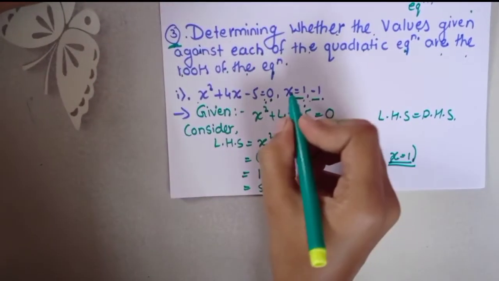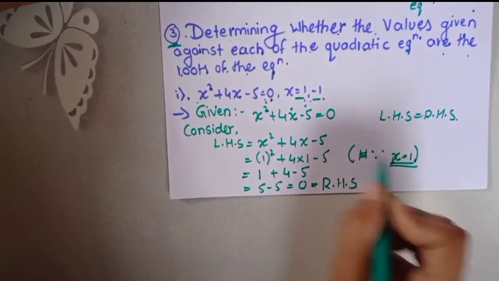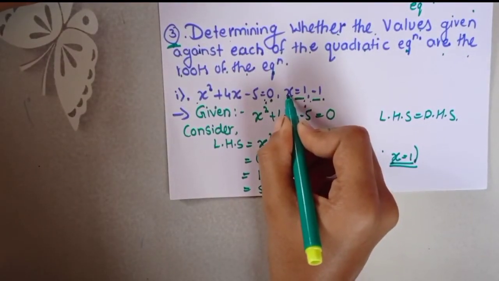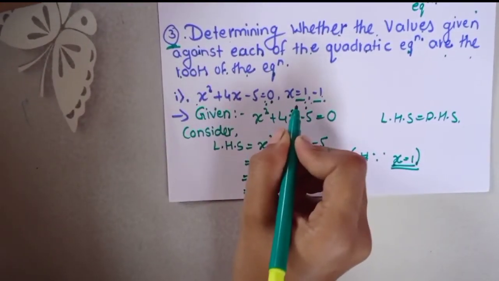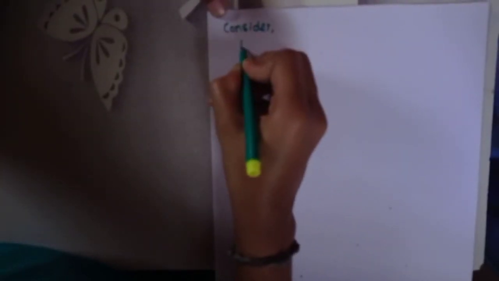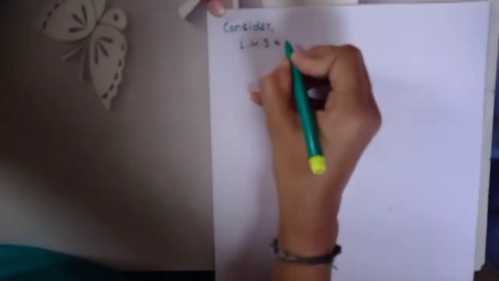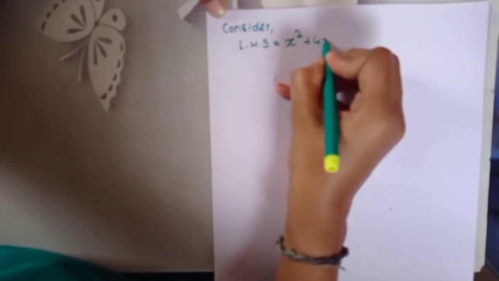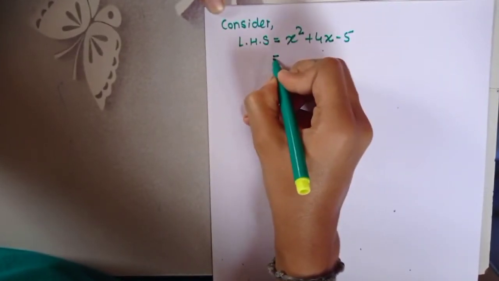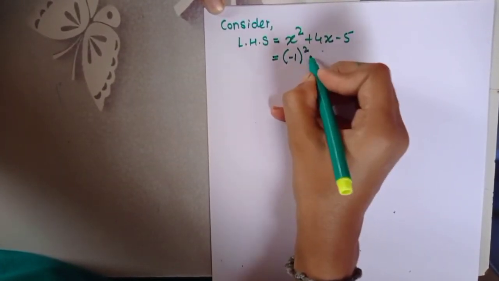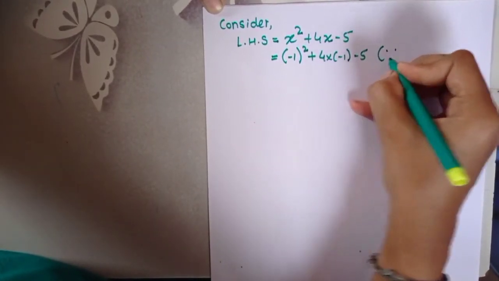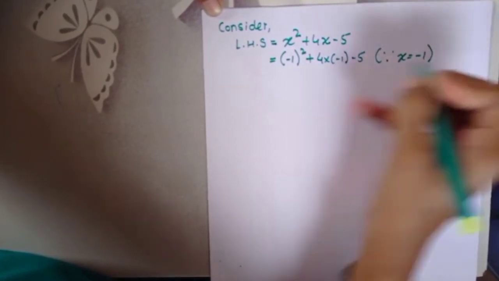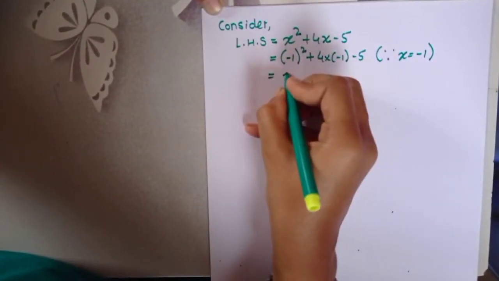In the same way, we have to conclude whether x is equal to minus 1 is a root of this quadratic equation or not. Then we write, consider LHS is equal to x square plus 4x minus 5, which is equal to minus 1 square plus 4 into minus 1 minus 5. Since x is equal to minus 1,